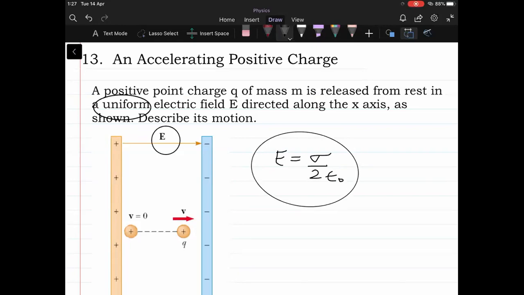Similarly here you have this sheet which is positively charged, and another sheet which is also charged. They will have their respective charge densities sigma 1 and sigma 2, and all the electric field lines that originate from the surface of the positive sheet will terminate on the surface of the negative sheet. So it will in a way create a situation where the electric field is uniform. That is not much of a concern now, but I just wanted to tell you that it is very much possible. Now, using this